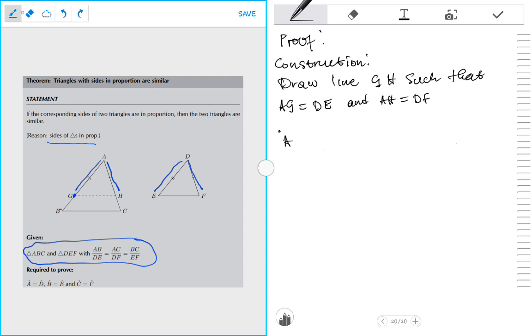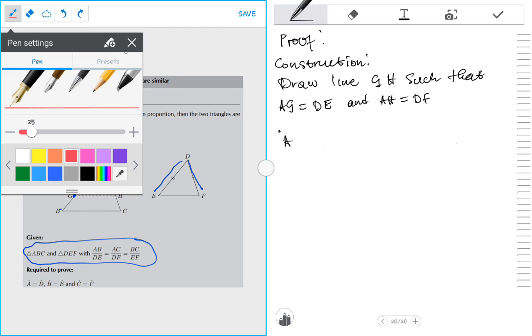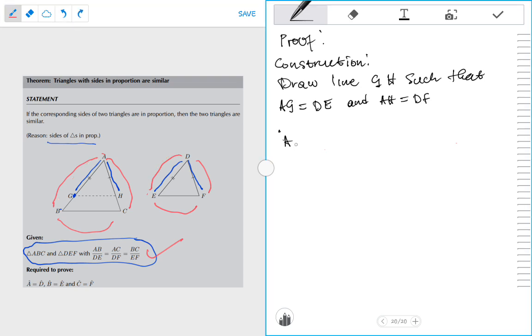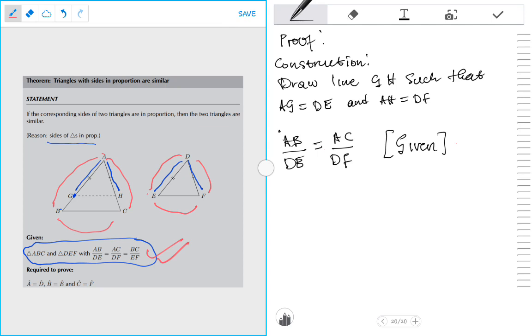Let me use a different color so that I can explain a bit. We are seeing that AB over this one can also equal this one over this one, and also this one over this one, and eventually we are given here. So basically we are saying that this side over this side, this side over this side, meaning that AB over DE is equal to AC over DF. Because it's here, we are given that. Okay, now